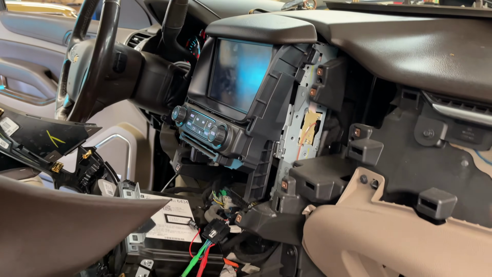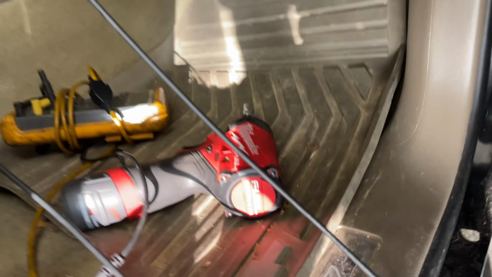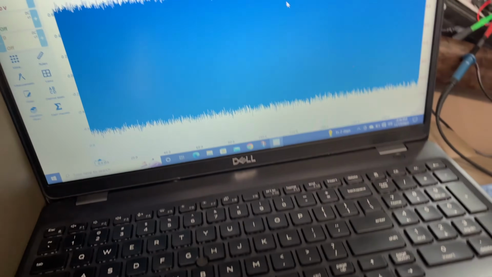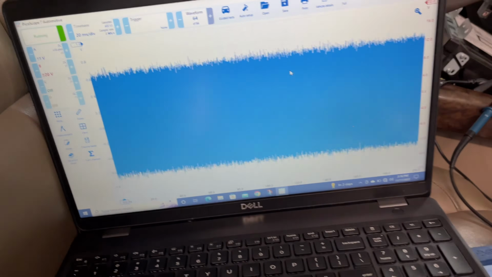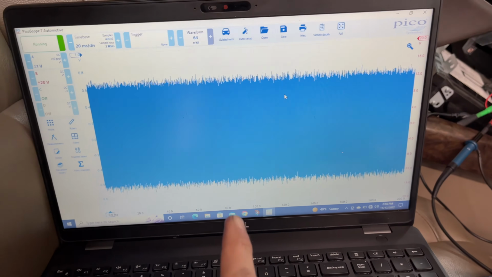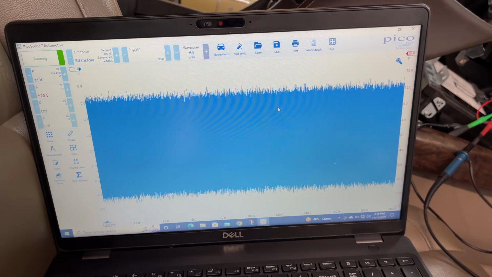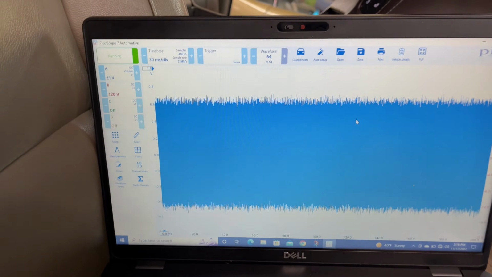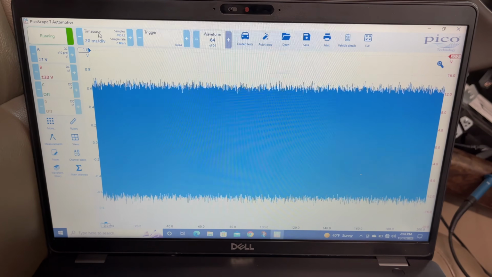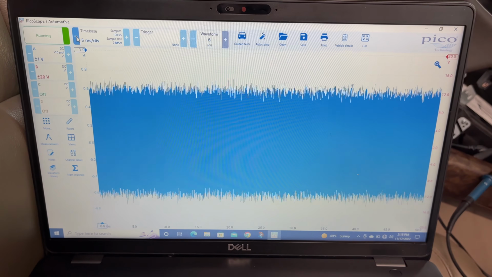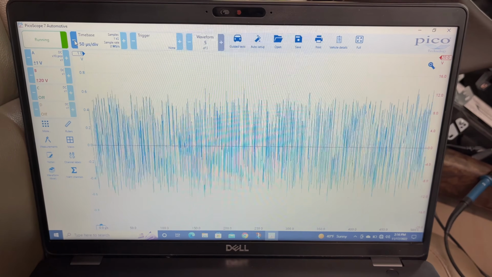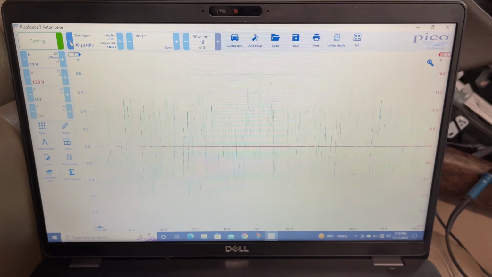So since we got audio, which I don't know if you can hear or not, I just got on a station that's playing static. This is the waveform that I'm getting out of the radio on the MOST bus. As you can see, there's a lot going on here. If we slow this time base down,